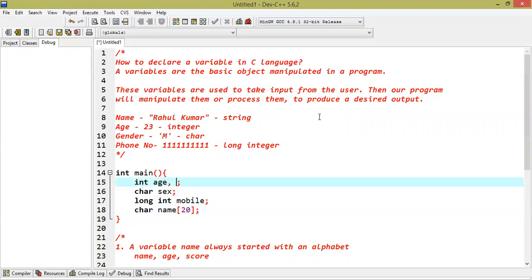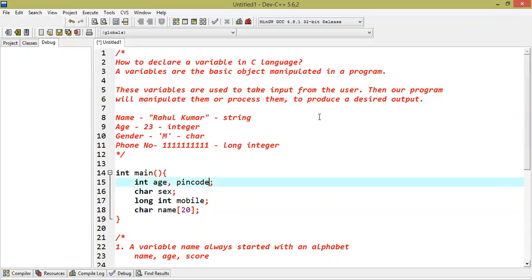So consider here age is an integer. Similarly, it can have marks as an integer, or we can say the pin code of your area. It can also be a part of this data type. A pin code is always a collection of numbers, so it can be an integer. Definitely, it will be an integer.